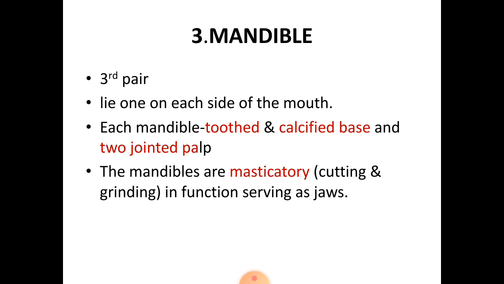The third pair of cephalic appendages is called the mandible, which lies one on each side of the mouth. Each mandible consists of two parts, that is, a toothed and calcified base and a two-jointed palp. They are masticatory, that is, used for cutting and grinding and serving as jaws. This is the structure of the mandible, a calcified or toothed base and a